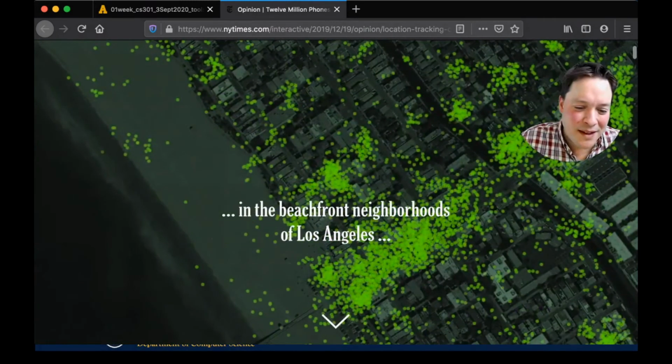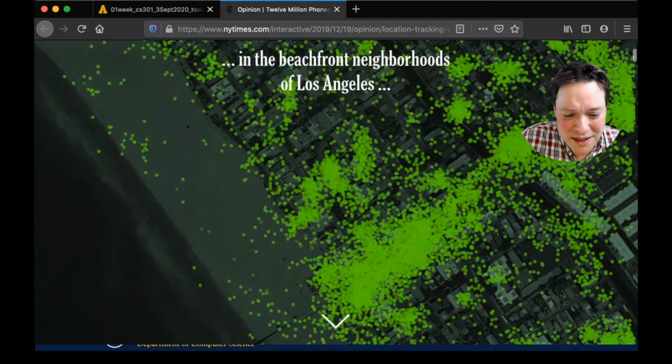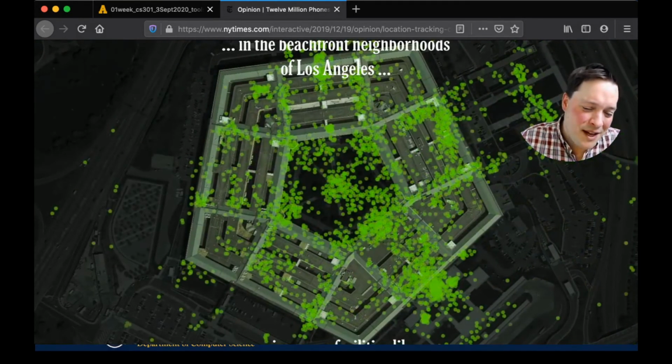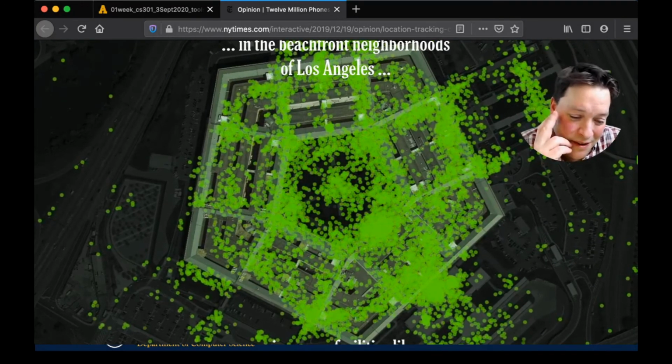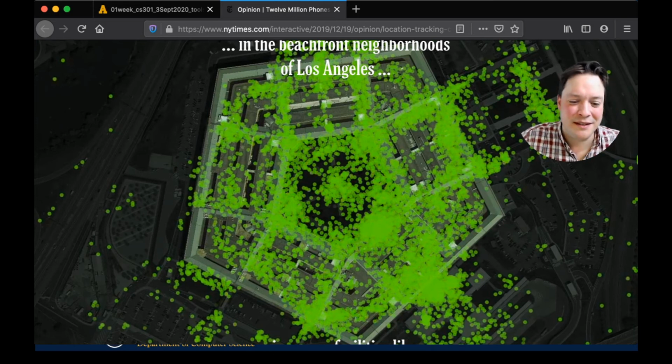So these points that we see in this article, and you hopefully have this on your own screen now, I'm just going through this for the slides, are the locations of people who have smartphones in their pockets. I think there may be some overlap where we're looking at the same person multiple times. But you can see that if you didn't have this image of the Pentagon underneath all these points, you could still tell where the rooms are, because you can see where the points are gathering.